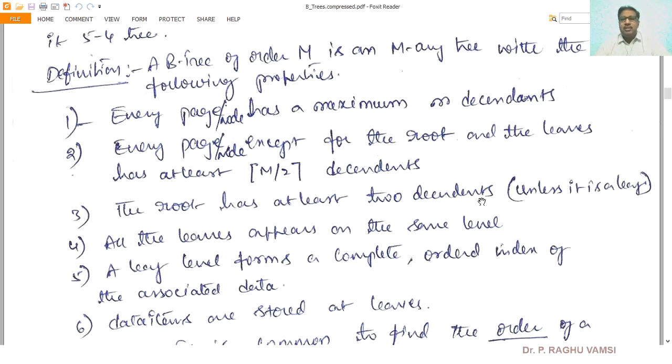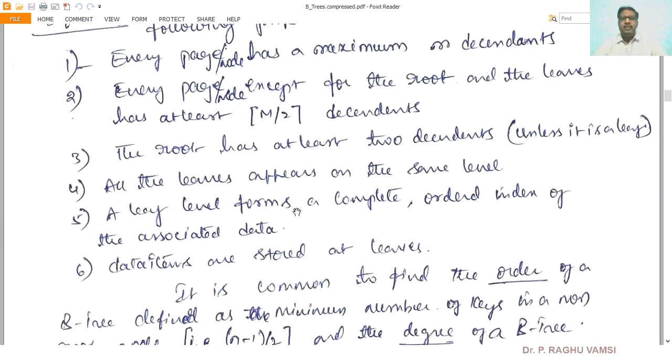That means in the worst case, a root must have a minimum of 2 descendants unless it is a leaf, meaning it has no further branches. All the leaves appear at the same level. It is possible when you maintain a sufficient number of elements.